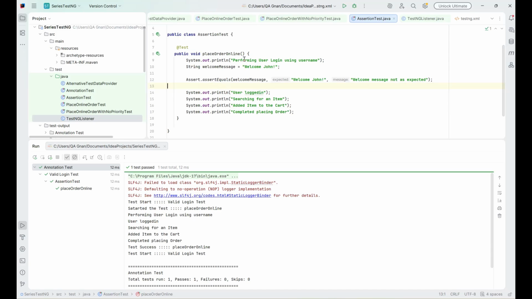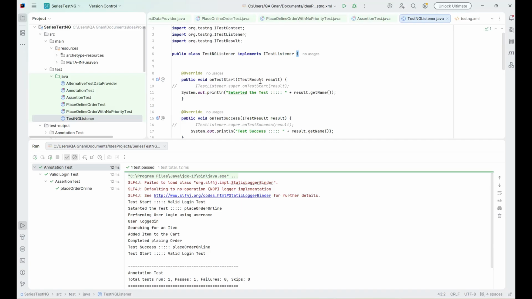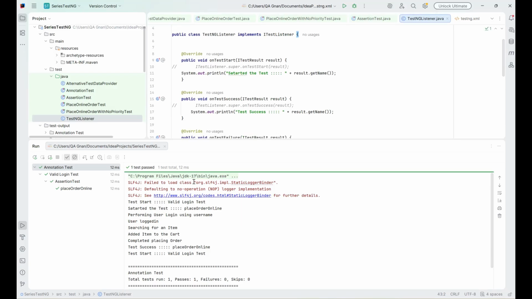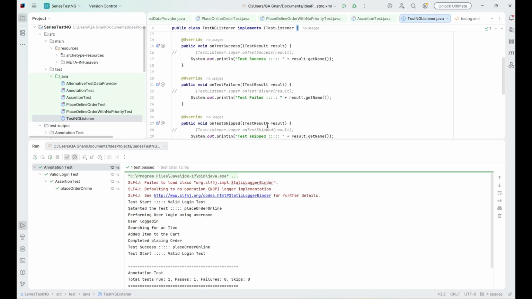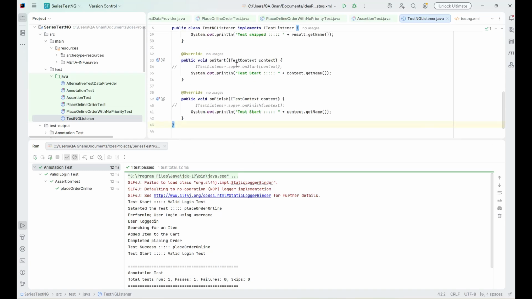But other than that, the main logging information is coming from the TestNG Listener class, where if you look at this one, the test start is coming from the IContext when the TestNG started executing, and